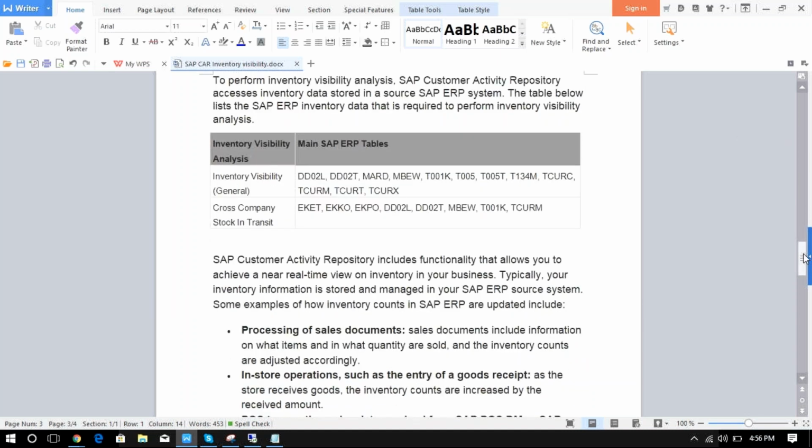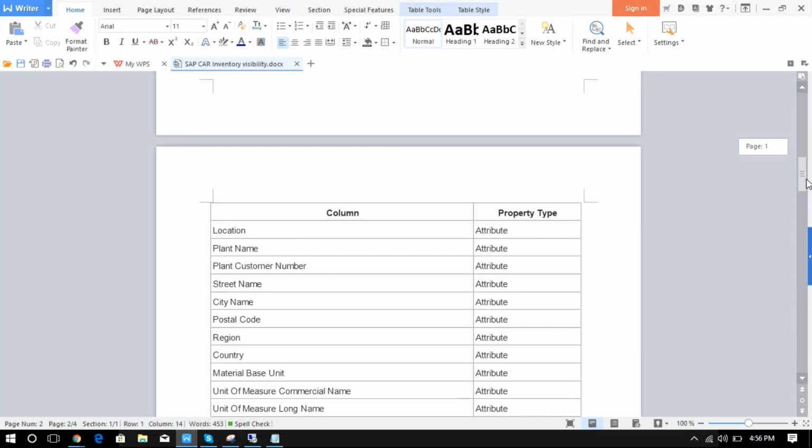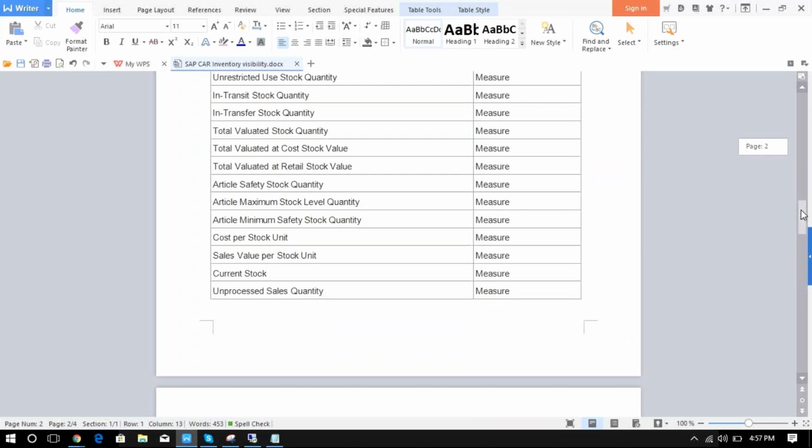This list of tables, all these tables are used for this inventory visibility view. So all data should be up to date. Yes. Okay. So if you face any issue with that inventory visibility query view, like an article issue, a number issue, or anything is blank, not placed properly, not calculated, and you can't see the current stock properly,